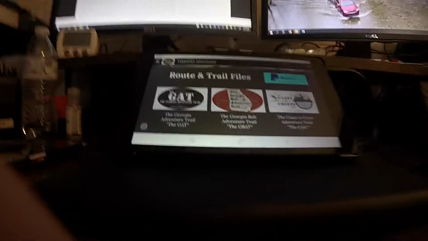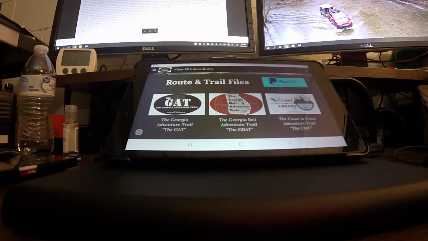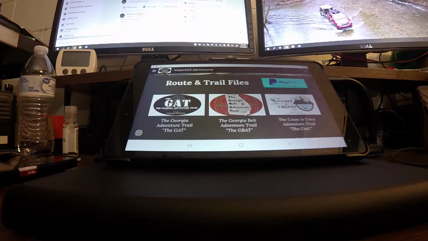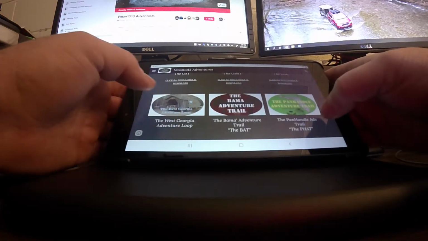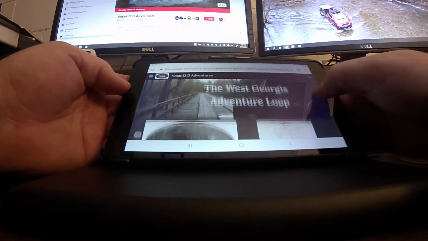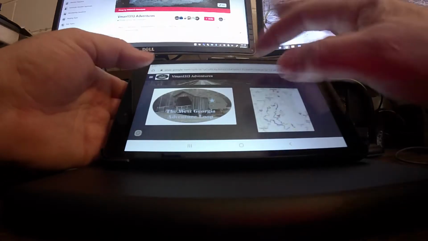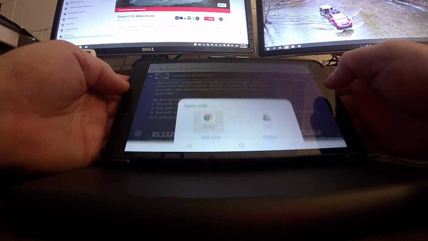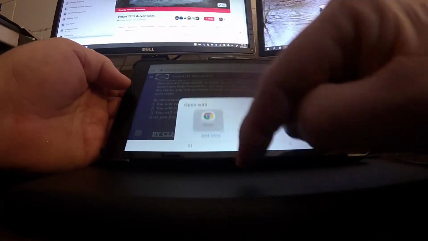Come check it out over here, and this is maybe a little more useful for some of you, if you're having problems. So we go here, and we go to the West Georgia Adventure Loop, and we click for download, and it's the same as download on there. And we go through here, we read again the same thing, it's the same site. Read the disclaimer, and when you click download, it says what do you want to download with. It gives you Chrome or Drive. I'm going to go ahead and do Chrome,